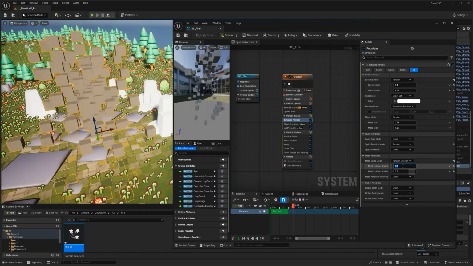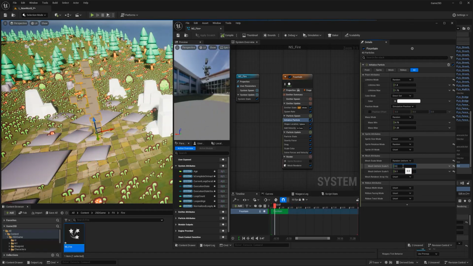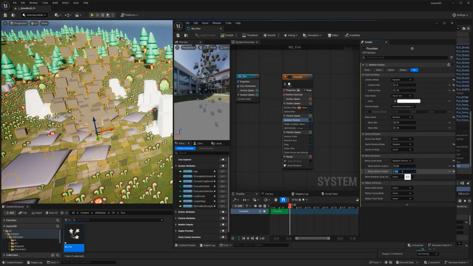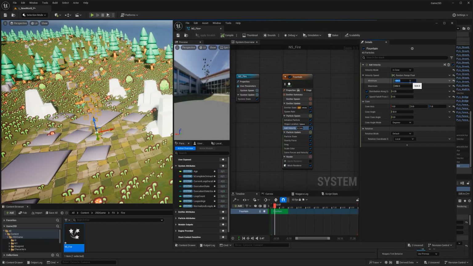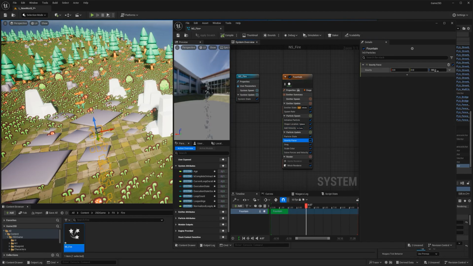That's probably too big. So minimum 0.05. 0.01. That velocity is just going so crazy. So I'm going to divide this by 4. Divide by 4. We don't need gravity in this, to be honest. So it can be a positive amount. So say 10 or 5.